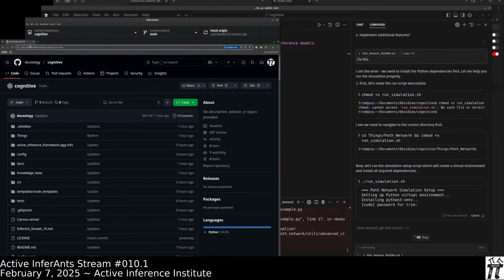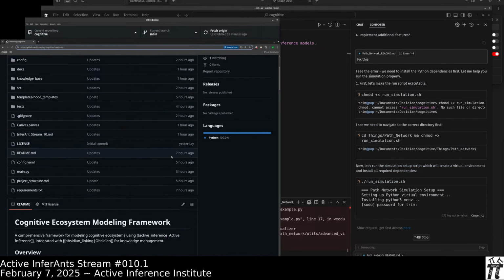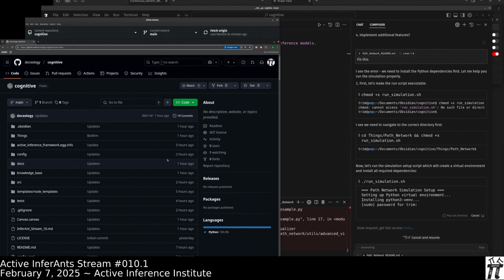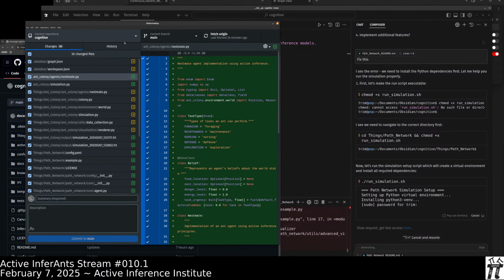People can go to the Doxology Cognitive repo, but this is just something that took a few hours over the last several days. So for those interested in the possibility for collaboration on this through the Active Inference Institute, let's do that in a real repo that's not just many, many sandboxes.